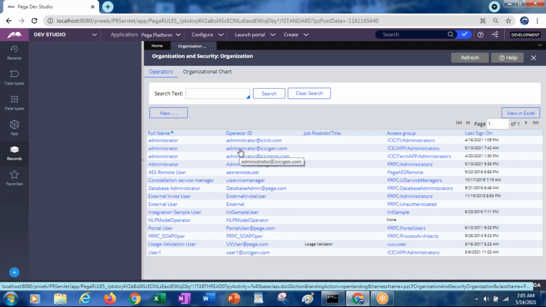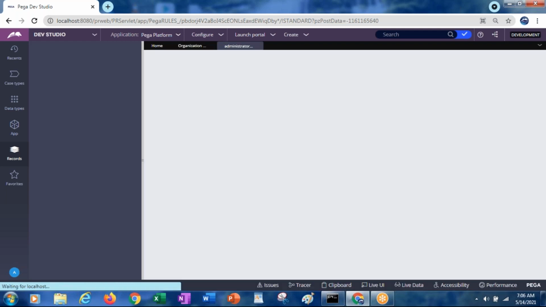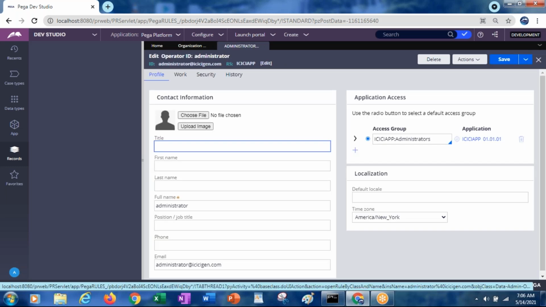Now in case you want one more operator, then either open this operator and save as, or you can use the create operator option also. Here you can save this as another operator.